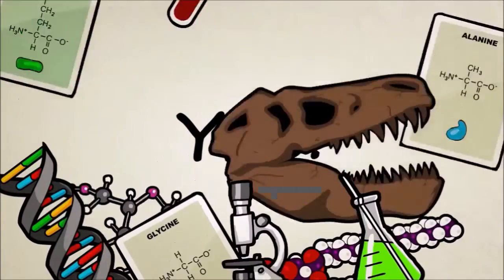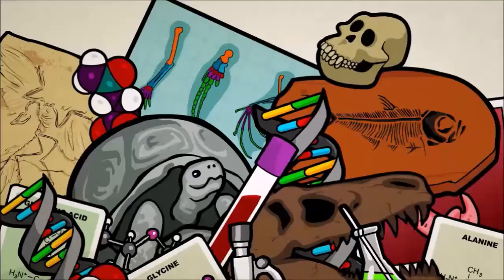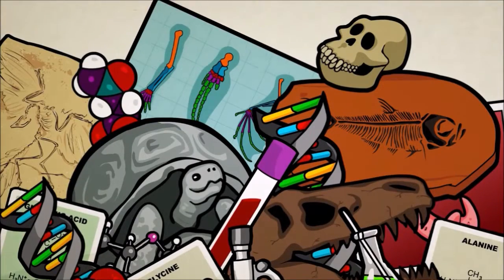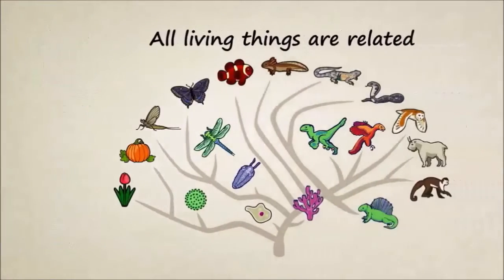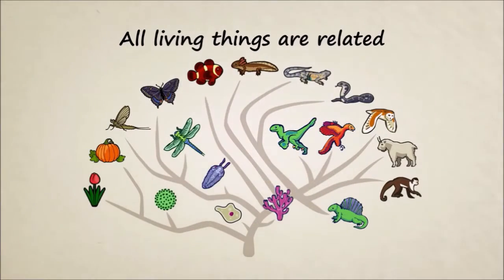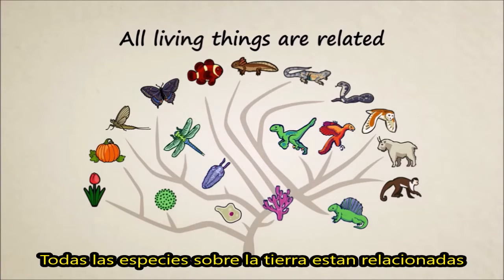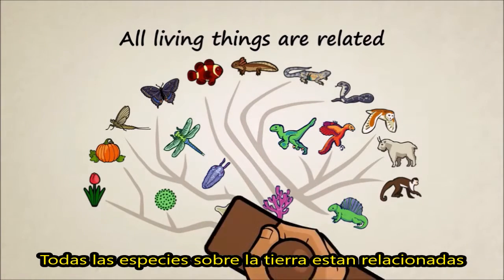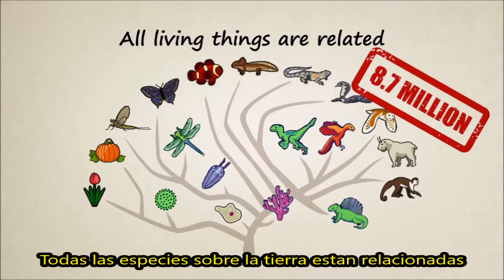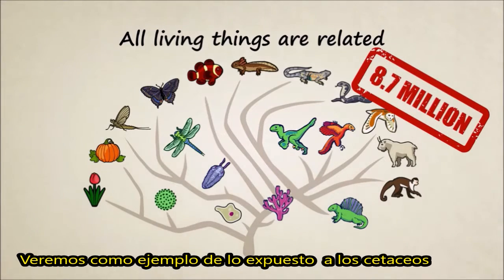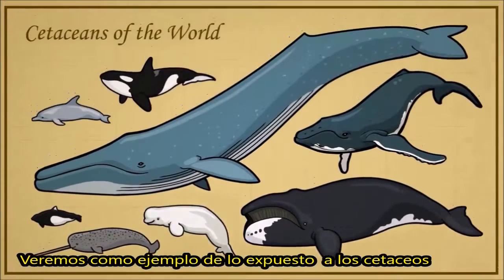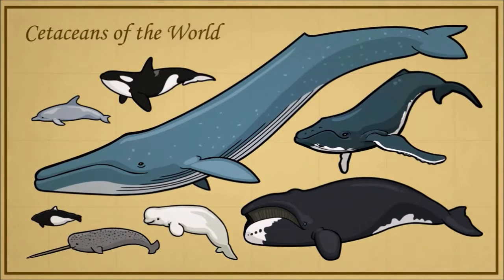Yes. There are so many observable facts from so many different fields of study that the only way we can even begin to talk about them is to group them into categories or lines of evidence. To keep things simple, here we'll focus on evolution's first claim that all living things on Earth are related. We cannot tackle the entire tree of life at once. After all, there's an estimated 8.7 million species alive today. So instead, we'll focus most of our attention on one fairly small but fascinating branch of the evolutionary tree, cetaceans. This branch includes whales, dolphins, and porpoises.